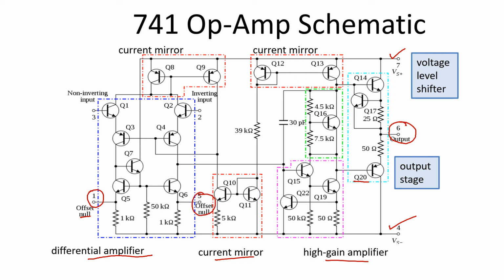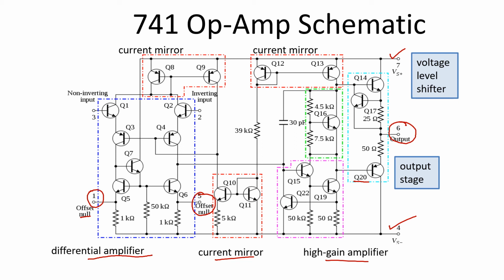So here it is. You can see that the configuration is very symmetrical but opposite. That is why we use back-to-back transistors when we are using offset null for pins 1 and 5. One offset is used for positive offsets, and another is to nullify the negative offsets. That is, when the input at pin number 2 and 3 is the same and the output is negative at pin number 6, then we use pin number 5, and for positive offsets we use pin number 1.